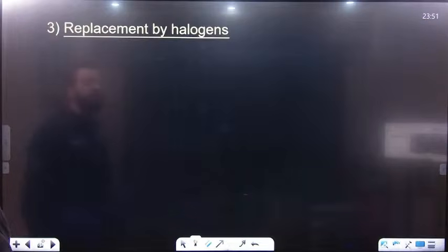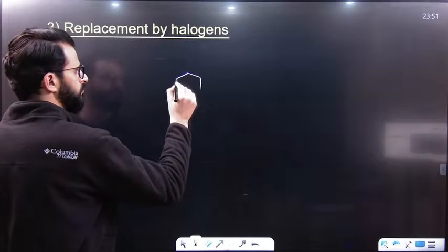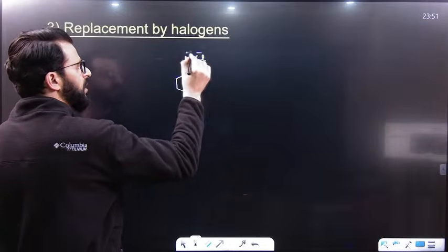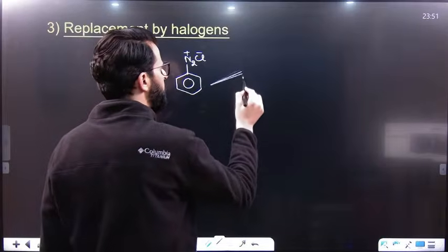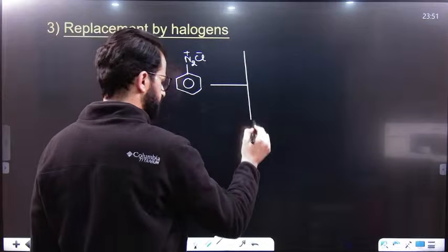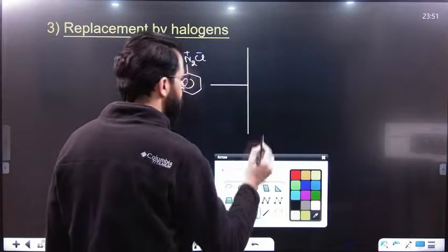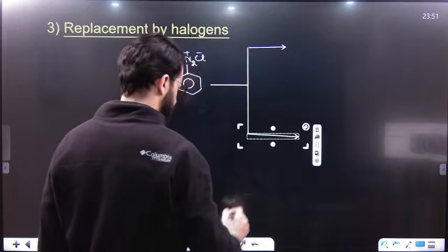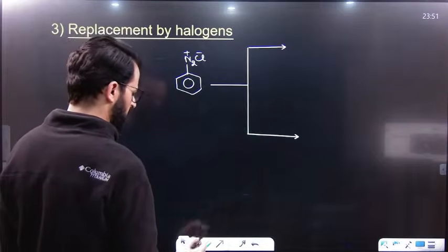After that, replacement by halogens. Have a look, my dear students. If you have N2Cl, that means benzene diazonium chloride, what we have to do is we will simply replace this. How? Have a look. We will replace this N2 with the help of